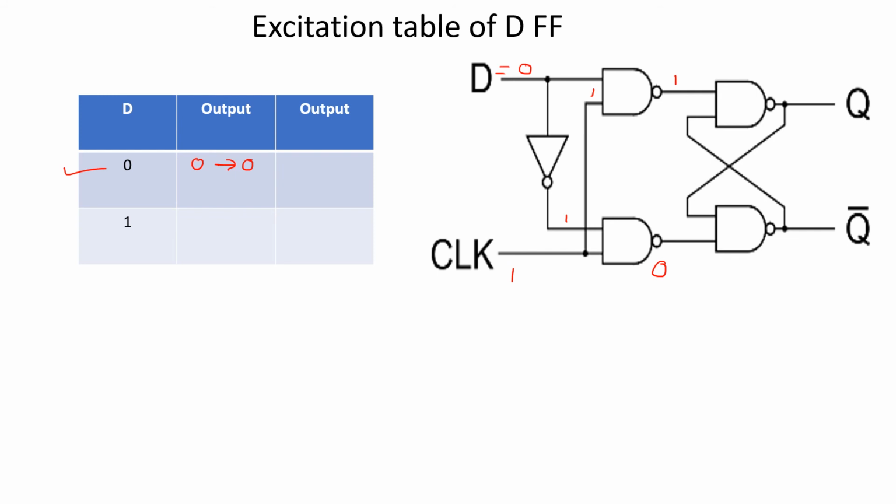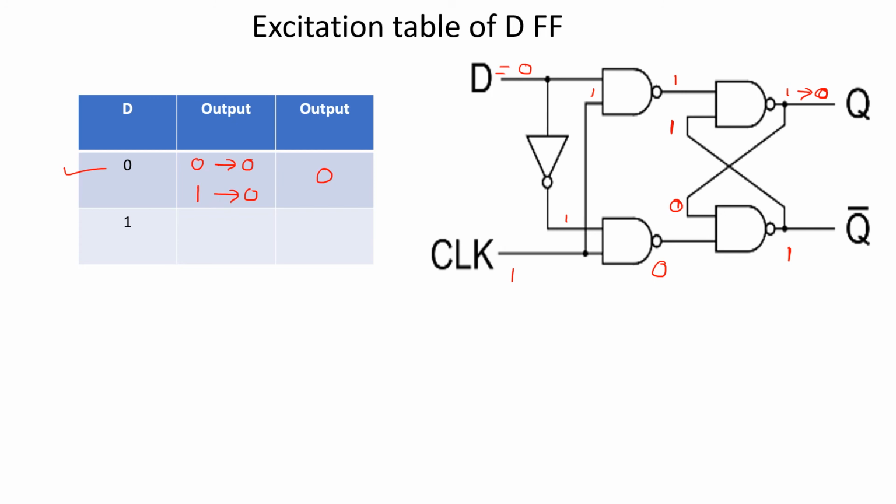Now let us see quickly, if I assume 1 at the output, what happens to the circuit. Now suppose I assume at the output as 1 and condition is same. So 1 0 becomes 1, 1 1 becomes 0. That means 1 has changed to 0. Let us see that 0 remains stable or not. Now this 0 comes here, 0 0 becomes 1 and this one goes back, 1 1 becomes 0. That means if I assume 1, it becomes 0 and that means we can write in the final column 0 is my stable value when I apply D as 0.